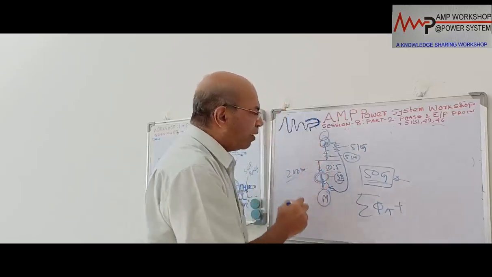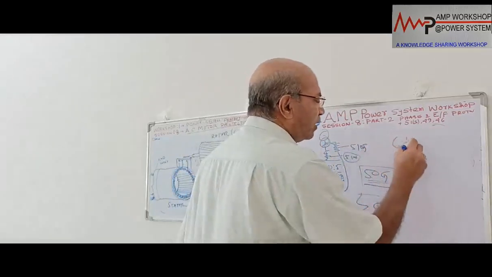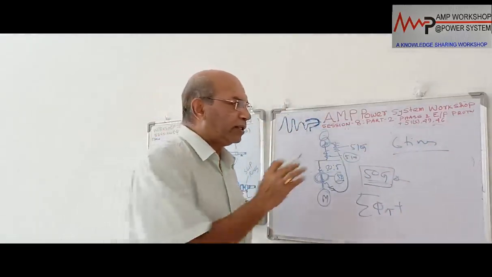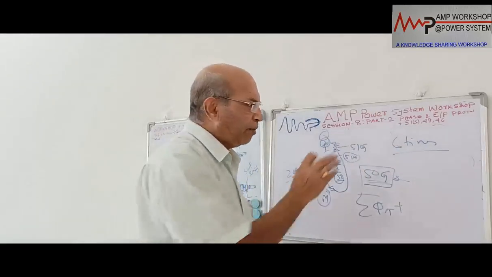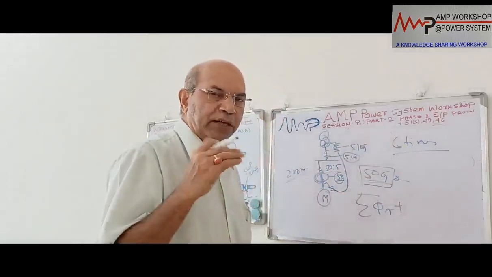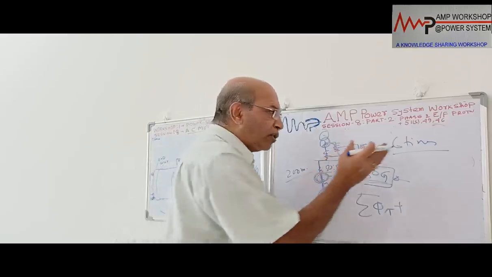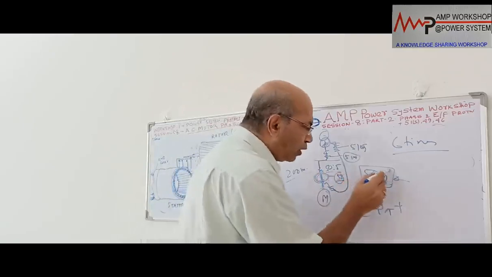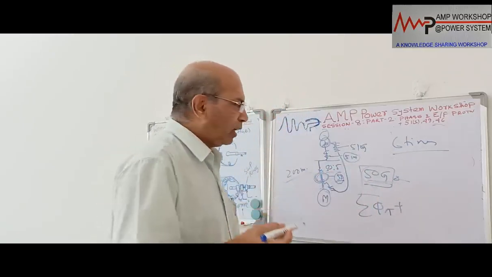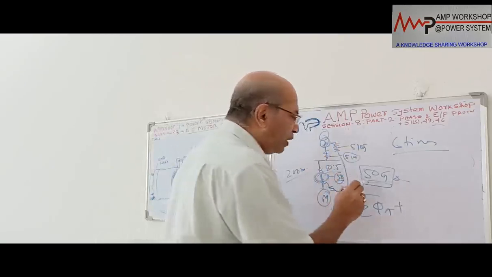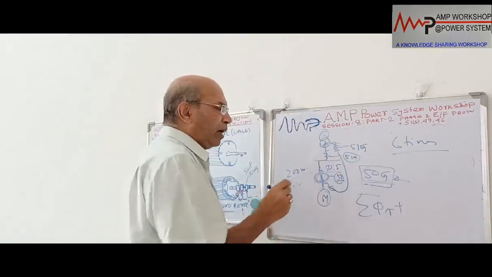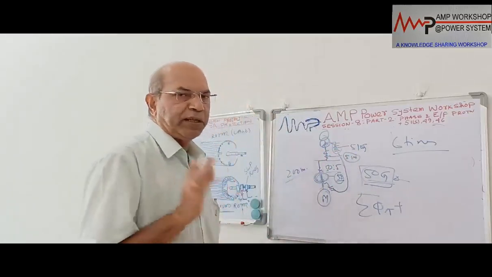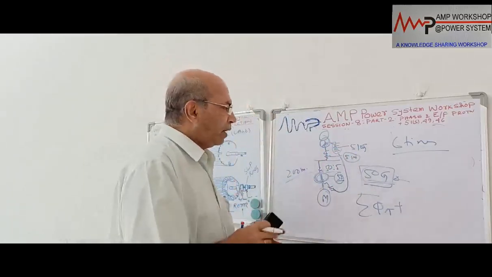The current drawn by the motor, as we have said, is about 6 times, but this current is not symmetrical. It is an unbalanced, asymmetrical current. With asymmetrical current, there will be positive sequence, negative sequence and zero sequence current. Due to that zero sequence current, it may happen that 50G picks up. So 50G has to be set at a slightly high value, so that during the starting inrush the 50G relay does not operate. That's why, in a solidly earthed system, we can provide the 50G relay reliably and it will operate. That is one of the ways.